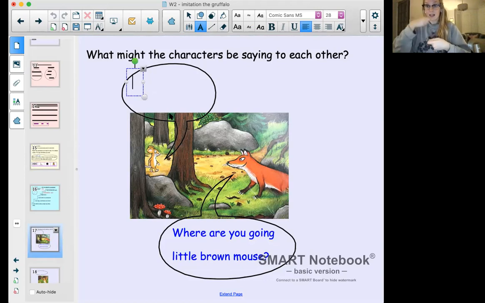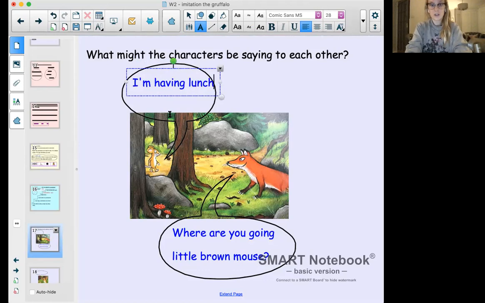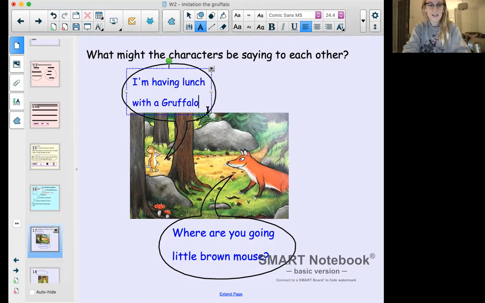I'm having lunch with a Gruffalo. And that's quite exciting or dramatic because a Gruffalo is very frightening and exciting. So we could use an exclamation mark to show that it's an exciting event. So having a think and then reading it over to see if it makes sense, if the characters would say